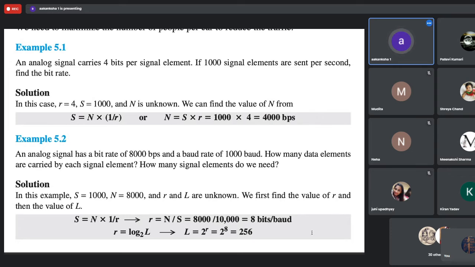The best technique is QAM because in that we are varying the amplitude also, and on the same amplitude we are varying the frequency. So the signal changes and it is carrying a different type of information. So the number of bits transferred will be big. So you can imagine for generating so many 256, even if we want to send per signal change, we want to send 8 bits of information, then we need to modulate the signal and we have to change the signal so that it can have 256 different types of analog signals.